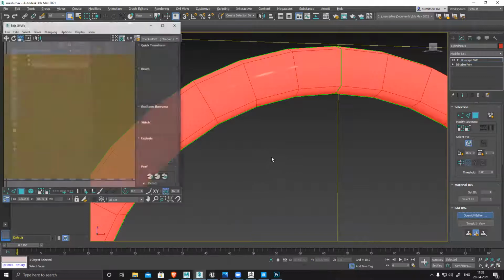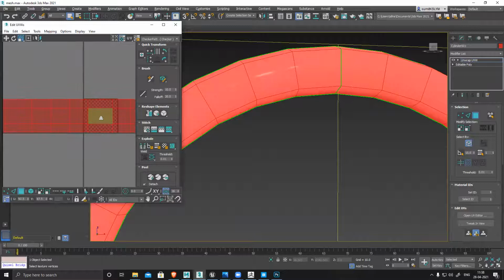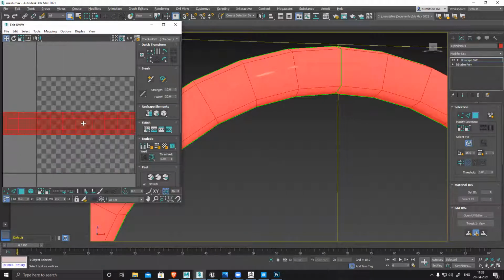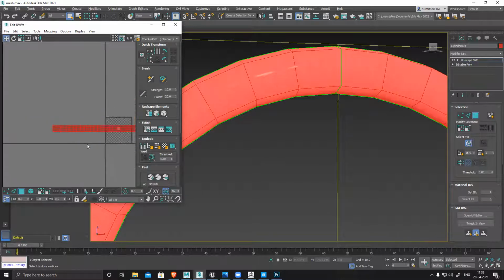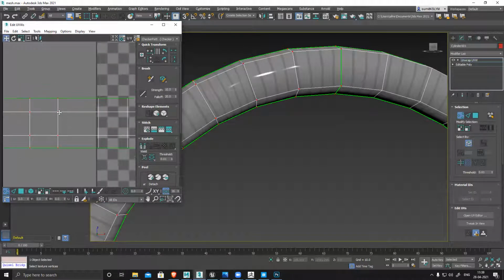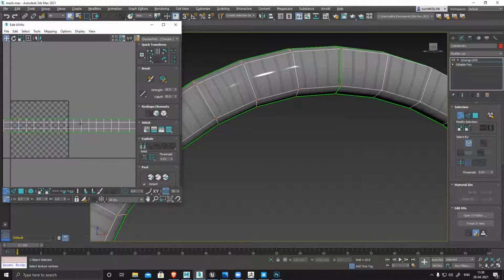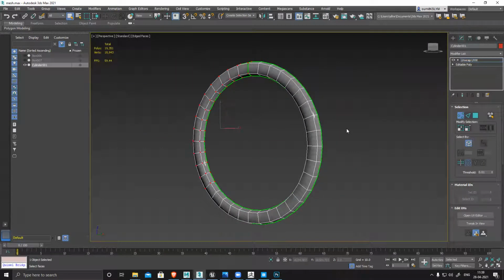bring it here, open your UV and tiling. I can see it looks really big. So reduce it and then align it the way you want, and check all those spaces. Like I guess this one, fix it, move. So basically fix the UV, and now your UV is aligned with the texture. And now export this model and just change it.